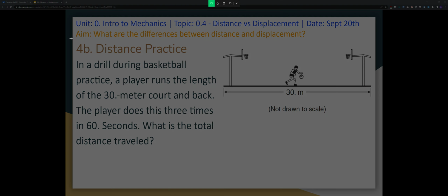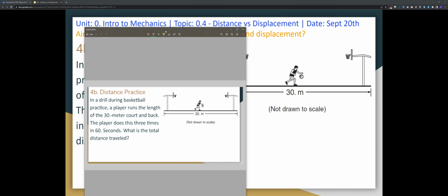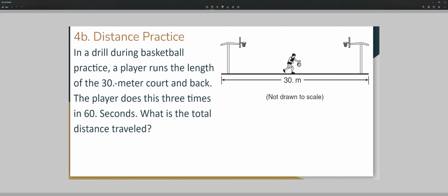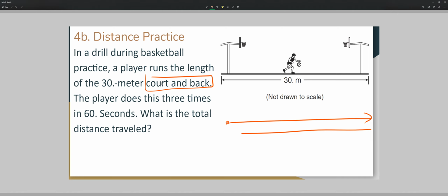Let's move on to a slightly more difficult question. In a drill, a basketball player runs the length of a 30-meter court and back. The most important part in this question is the fact that he runs the court and then runs back. The court is 30 meters long, which means that he runs 30 meters again backward. This is the part that tricks students the most. They don't read the fact that this question is saying runs the court and back. So this is one entire time, which is 60